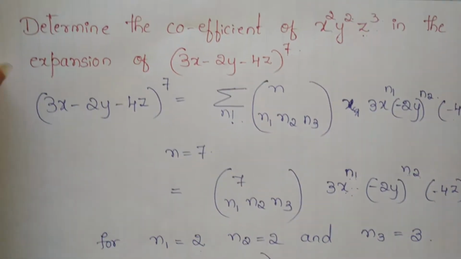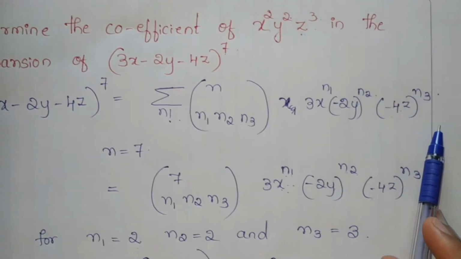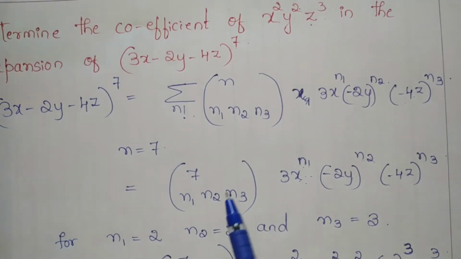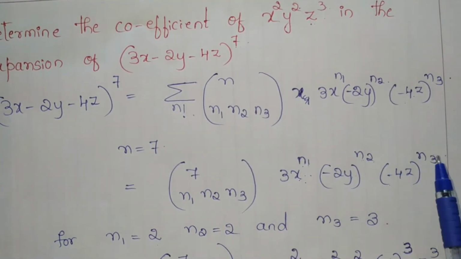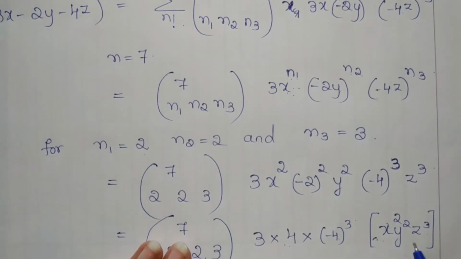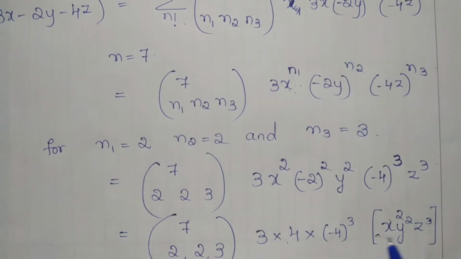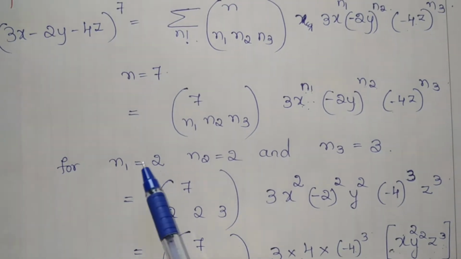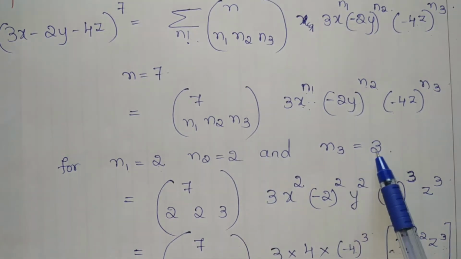See here. Okay, we have to expand this first. Then we have to choose the n1, n2, n3 values so that it is equal to 7. The sum should be 7 and this term should come there. So we should get this term x square y square z cube. So then rest of the number, that is sum or product, is nothing but what? Coefficient of this term. So apart from this term, whatever remains here, that is nothing but the coefficient of this term. So only when we take n1 as 2, n2 as 2 and n3 as 3 does this term come.